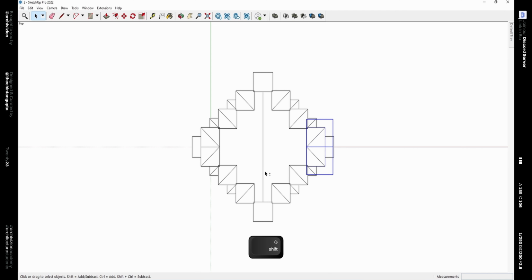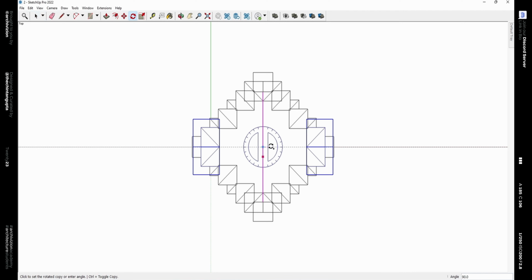Then select these 4 columns which we already fixed. And use the rotate tool along with the control key to rotate a copy of these components by 90 degrees like this.